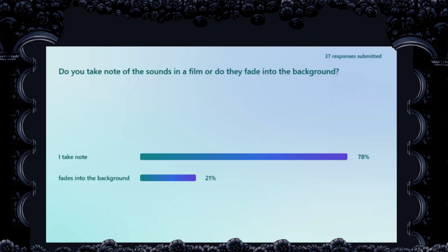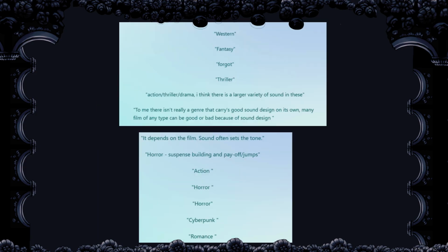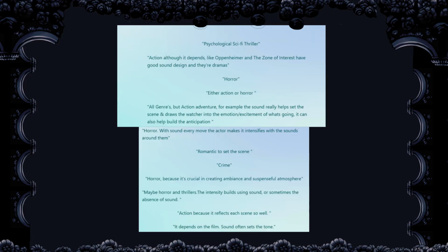So to get to the bottom of why, I asked Reddit and the people I know what they thought about sound in film and how it's portrayed, with 75% of the people saying that they did pay attention to the sound design in the films they watch. And when it came to the genre of film, 35% of the people who answered said that horror films had the best use of sound design, which makes a lot of sense since horror films rely on the atmosphere, and that relies on all your senses being immersed. So effective sound design is key when making a successful horror film.